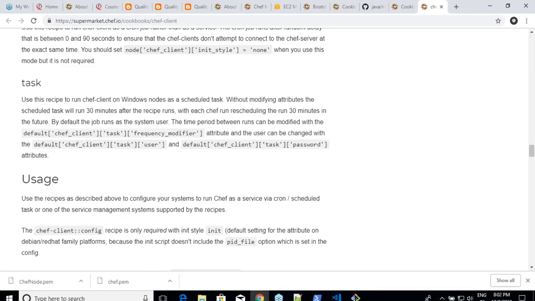The basic answer for that is the chef client supermarket cookbook, and it is written by chef. Chef wants to give you an easier way of doing all of this, so that's why they published this cookbook. In an interview, you can say this is how we do it. And for the people who are interested, go and try to understand their cookbook. Get inside that cookbook and see what they are doing.